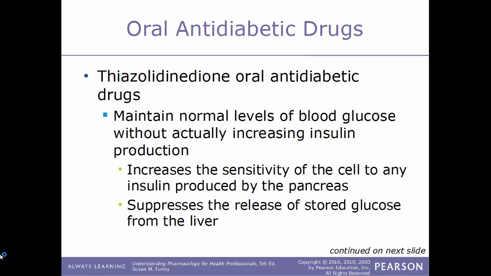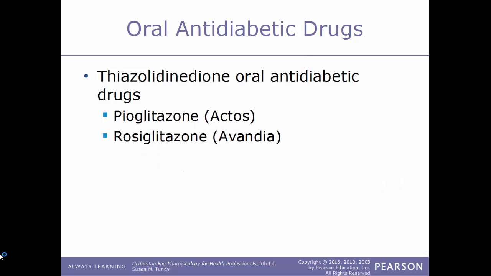Another type of oral antidiabetic drug includes the thiazolidinedione antidiabetic drugs. And these maintain a normal level of blood glucose without actually increasing insulin production. How they act is they increase the sensitivity of the cell to any insulin produced by the pancreas. They also act by suppressing the release of stored glucose from the liver. Some examples of this class of drug would be pioglitazone, sold under the trade name Actos, rosiglitazone, sold under the